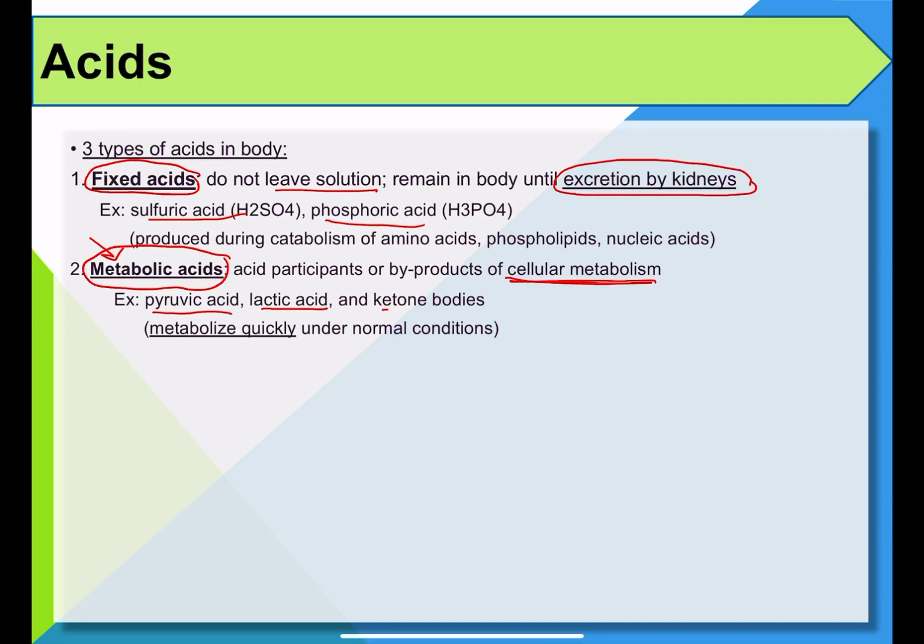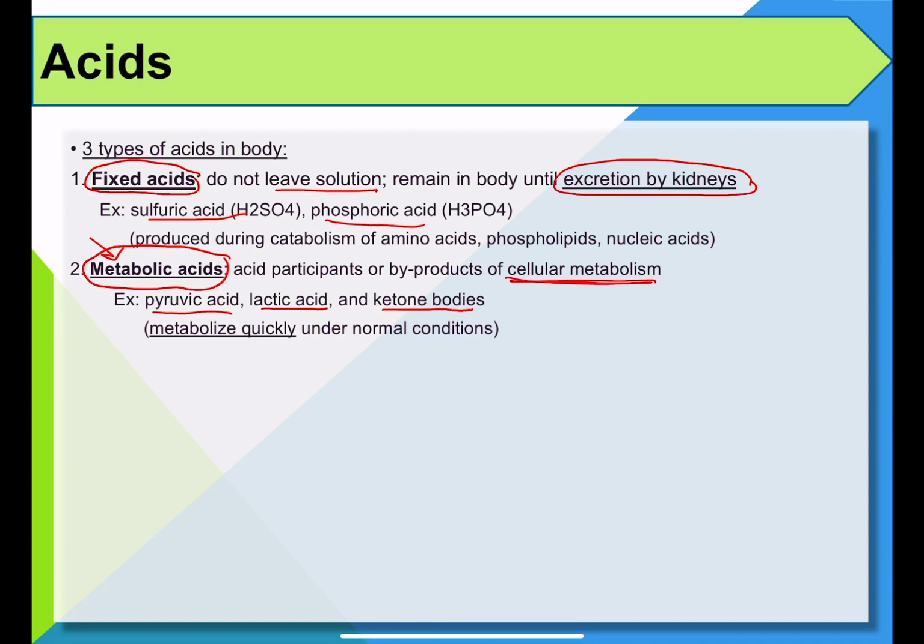Ketone bodies, we mentioned that they are formed through metabolism of lipids or amino acids for energy. And that's why in starvation mode, you end up making too much of these ketone bodies. And that's why ketone bodies will decrease your body's pH, and you end up with acidosis, as we have talked about in that chapter. But a lot of these metabolic acids, technically speaking, under normal conditions, can be metabolized quickly,